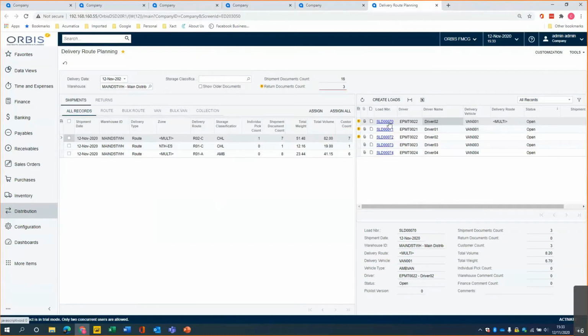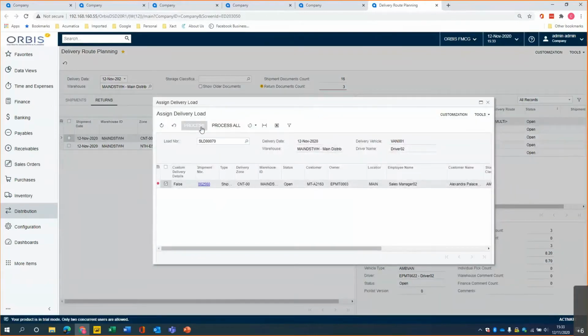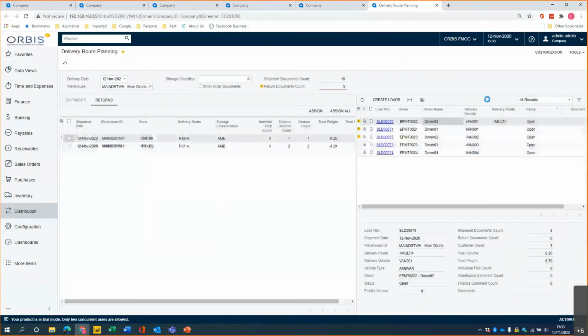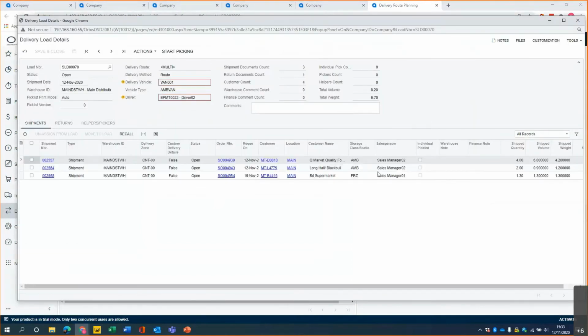Drilling down, let's actually just try to see if we can assign the return as well. Nice to have them all in. I can run the entire process through. All right, so now I'm going to drill down into this load to view the load itself, because maybe it comes to a stage where the vehicle is actually now overloaded and you need to offload an item or a product, or ship only a portion of what has been sent already,